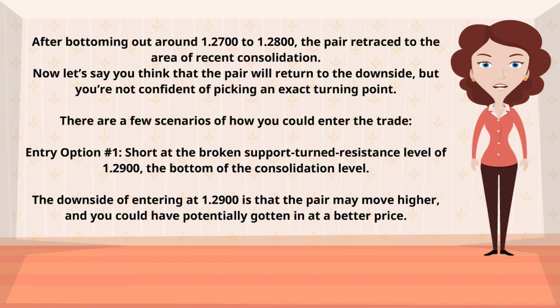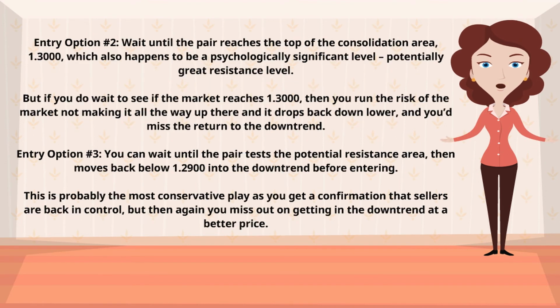The downside of entering at 1.2900 is that the pair may move higher, and you could have potentially gotten in at a better price. Entry option number 2, wait until the pair reaches the top of the consolidation area, 1.3000, which also happens to be a psychologically significant level, potentially great resistance level. But if you do wait to see if the market reaches 1.3000, then you run the risk of the market not making it all the way up there and it drops back down lower, and you'd miss the return to